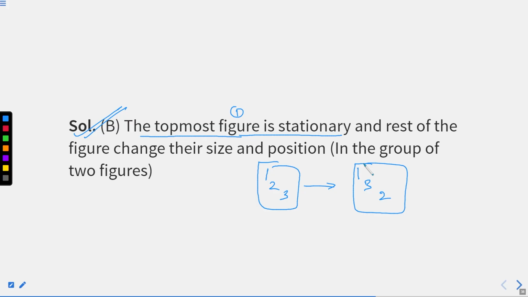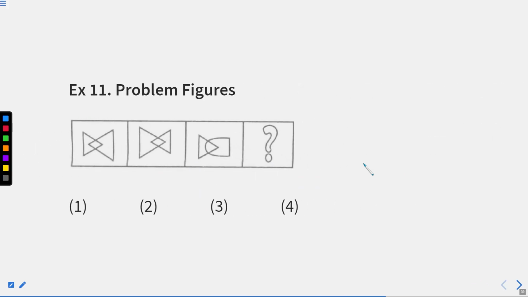I hope till now we have discussed multiple questions related to this. Now this is the 11th question following the same method that we followed in question number 10. This says that figure 1 is related to figure 2 in some manner. Now you have to figure out how figure 3 is related to figure 4 in the same manner, right? Now for that, we will follow the same thing, that is figure number 1 follows figure